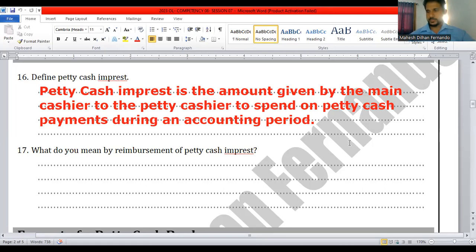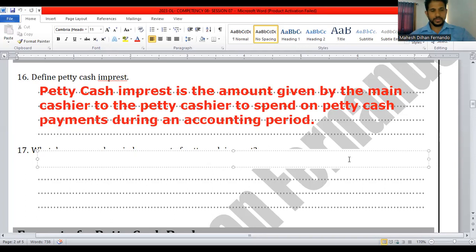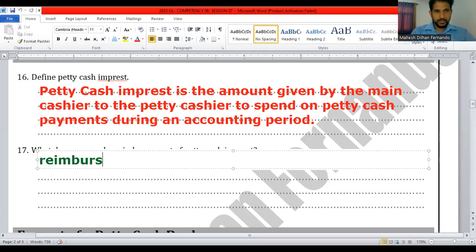Okay. The next one, reimbursement. What do you mean by reimbursement of petty cash imprest? Reimbursement of petty cash imprest